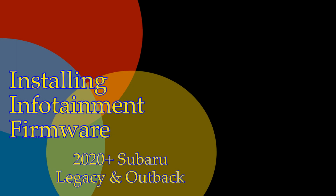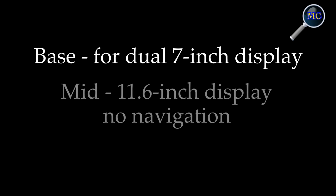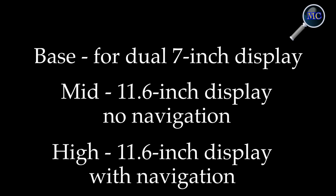Here are the steps to install the infotainment firmware for all 2020 and later Subaru Legacy and Outbacks. Keep in mind that 3 firmware versions exist. One is specific for the base model that has the dual 7-inch display. Then there's the mid version, that's for the 11.6-inch displays that have no navigation, and the high version featuring an